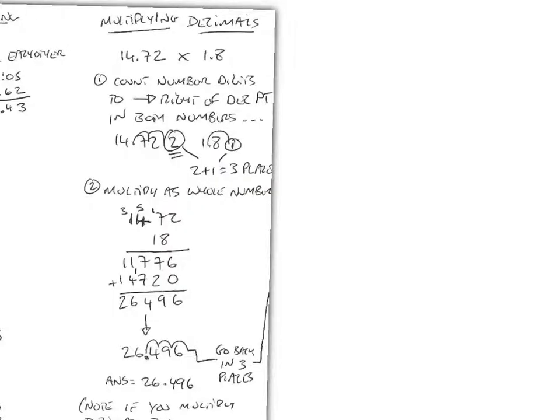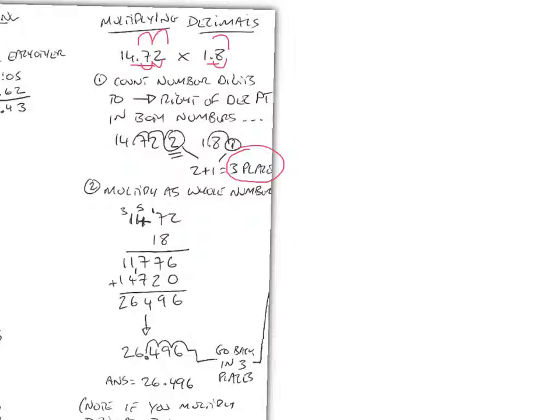Let's look at multiplying decimals. Let's look at multiplying 14.72 times 1.8. Well, the first thing we need to do is to count the number of digits to the right of each decimal point and to add them. So I have 1, 2 there, and I have 1 there. So the total digits after the decimal points for both 14.72 and 1.8 adds to 3 places. Okay, 1, 2, 3. So we just make a note of that, 3 places, and then we carry on and